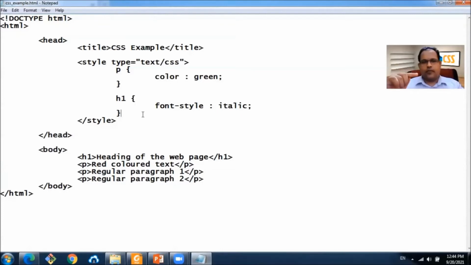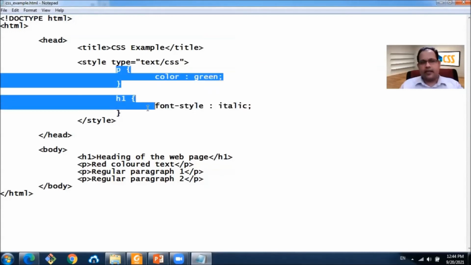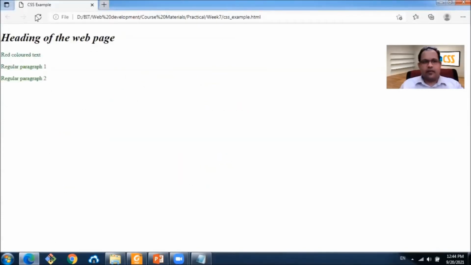Now, one important aspect of this internal styles and external styles is the precedence. Now, we already defined these styles for this particular page. And we can see all the paragraphs are now green.